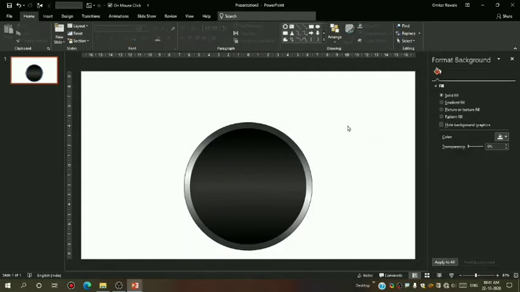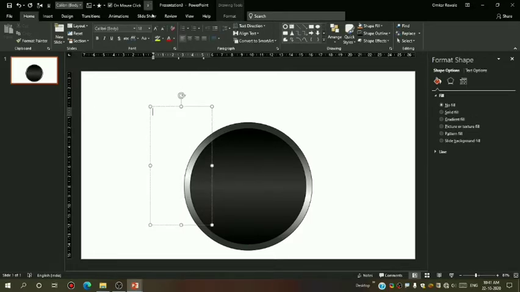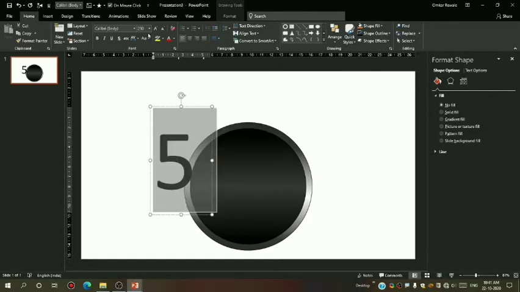Now what we will do is add this text tool. Let us change the font size to 250. Now I will write here number 5. I will change its color to white.